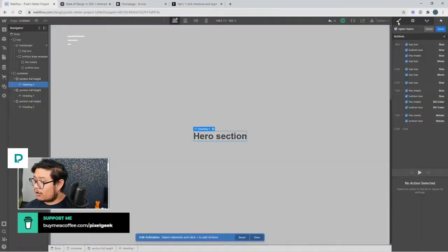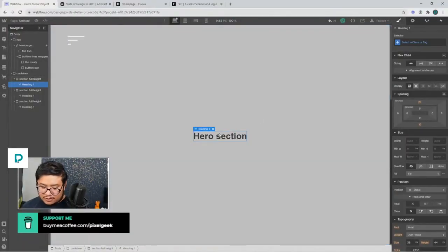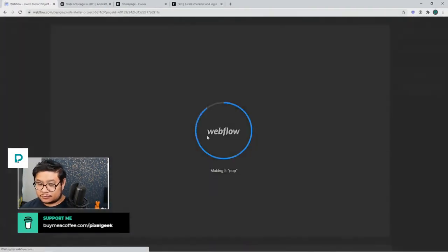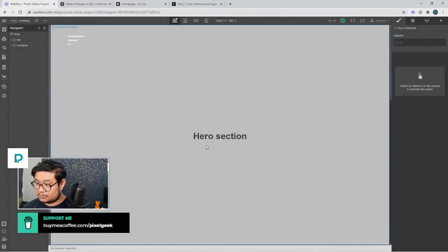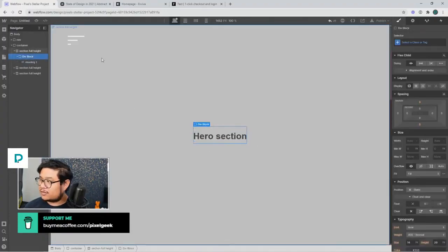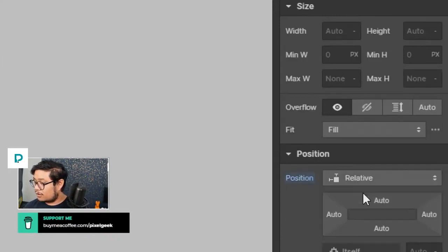Underlining words with that offset color thing that graphic designers do. What you can do is wrap your text. No, I closed it. So wrap your text with a div, right? And then set your div block to be like text wrapper and give that a position of relative, because